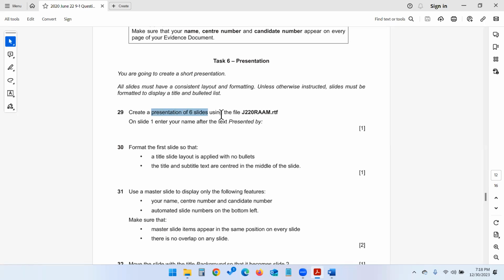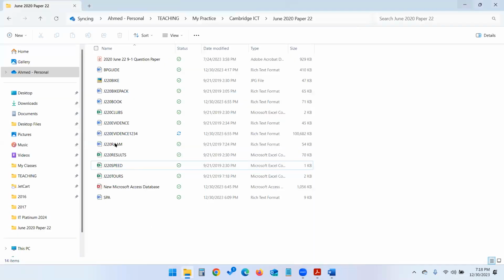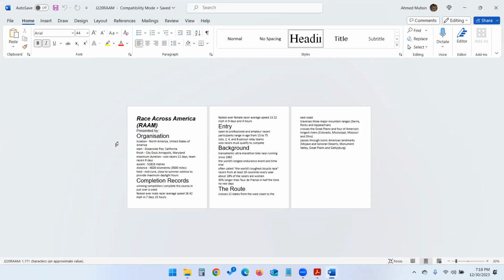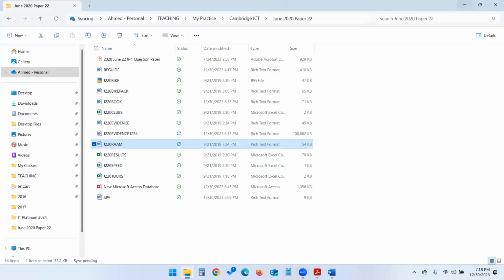j220ram.rtf. So we are supposed to create our presentation using this particular file. Okay, so if you do open up the RAM file, which is over here, you can see it already has content, and this content simply needs to be put in the form of slides in a presentation. Okay, so what we will do is, instead of manually creating a presentation and copying and pasting information, instead what